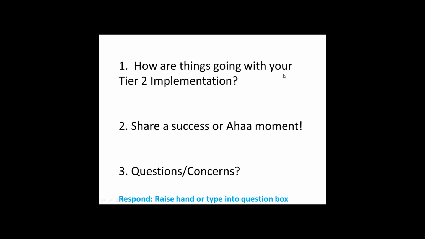I totally hear your concern about being just inundated with initiatives. The good news is that PBIS can be part of so many different initiatives as you start really looking at your data. So what I would say is, if you feel that you are really floundering at your Tier 2 implementation, take a look at your Tier 1, make sure it's good and strong, and then move slowly into Tier 2, letting your data guide you, because it will tell you where you need to start.